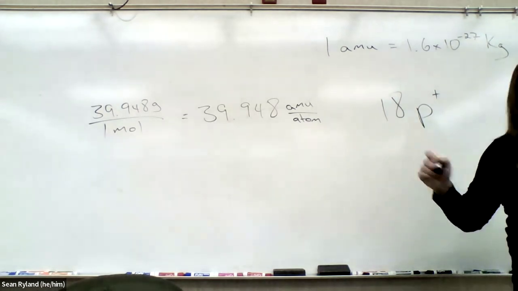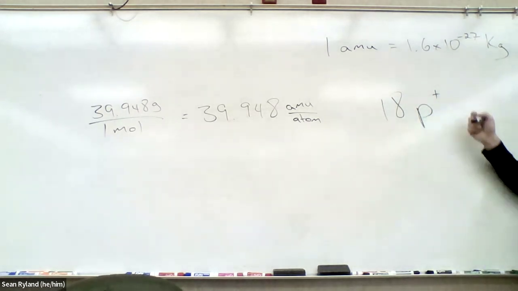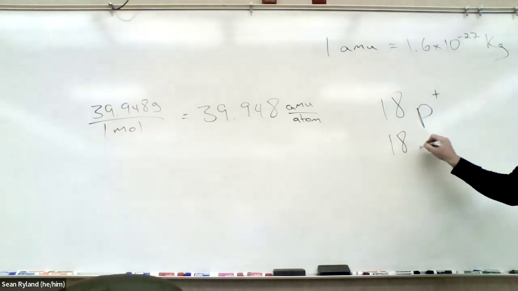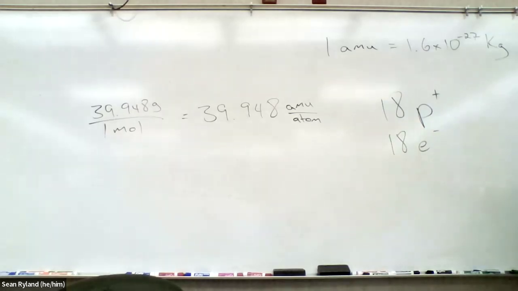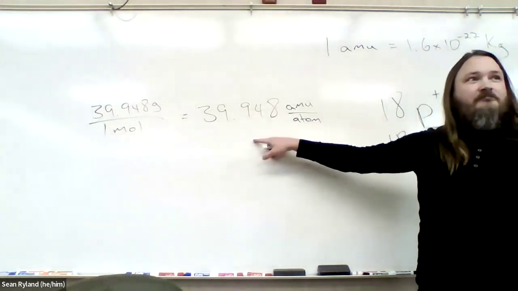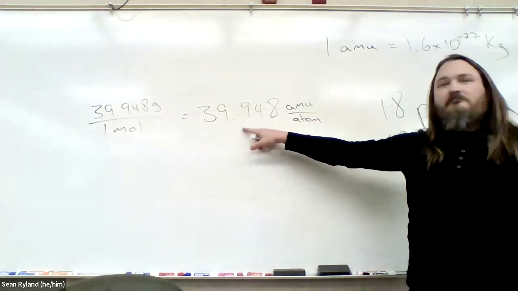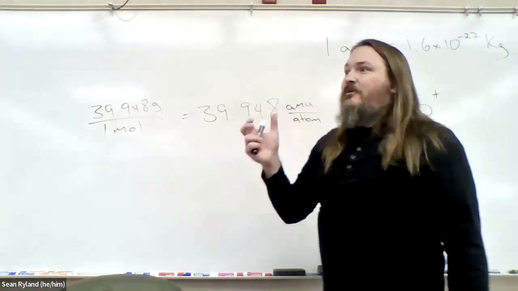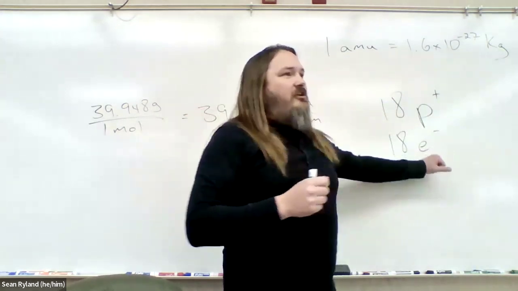Also 18, right? If it's neutral, that means you have to have the same number of protons and electrons so that they cancel out. How many neutrons does it have? Say that again. In this one, 40 minus 18. Basically, with all of our subatomic particles, we're going to treat the electrons like they have a